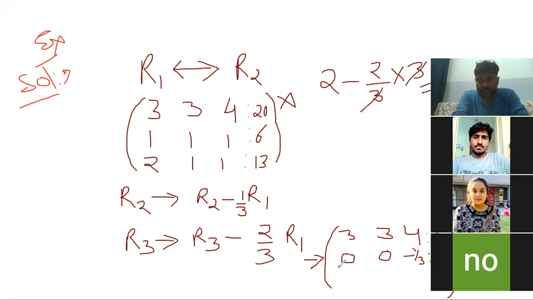Our target to do this value 0, and this value becomes minus 1, and this value becomes 1 by 3, and here the change is minus 1 by 3. But our target was not completed because यहाँ पर minus 1 है, तो हमारा टारगेट है ये 3 वैल्यू 0 होनी चाहिए। तो अब हम फिर से ऑपरेशन लगाएंगे so that this value will also be 0.